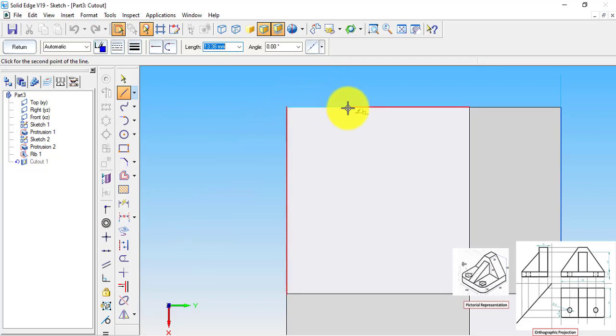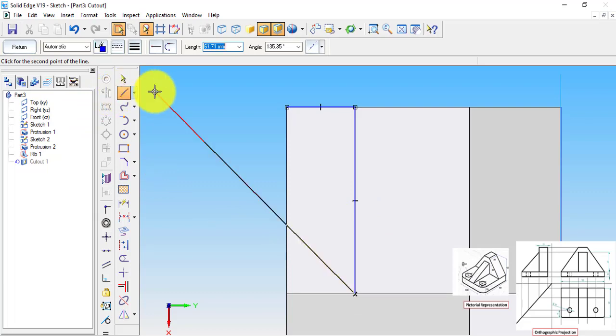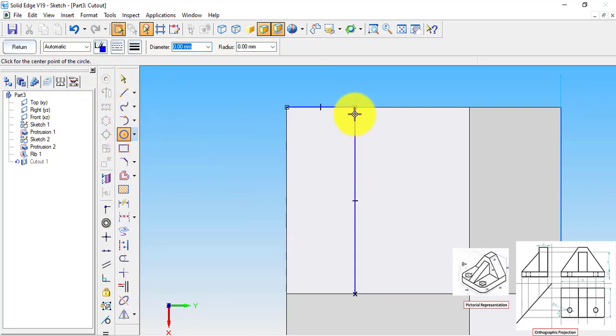Now let us have a 15 mm reference line, and we draw a vertical line in order to specify the center of the circle. At the middle point of this line we have the center of the circle, and the circular diameter is 10 mm.